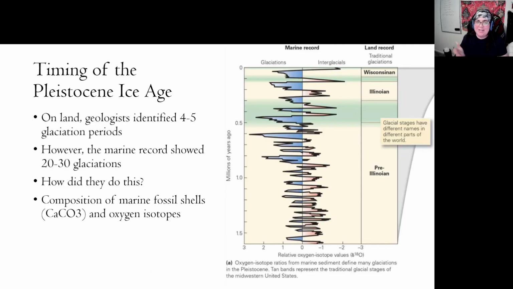So, like I mentioned, on land, Europe and North America, geologists identified 4 to 5 glaciation periods. However, in the marine record, they found 20 to 30 different glaciation periods. And how did they do this? They reconstructed this using the composition of marine fossil shells, which, like we've mentioned earlier in the course,